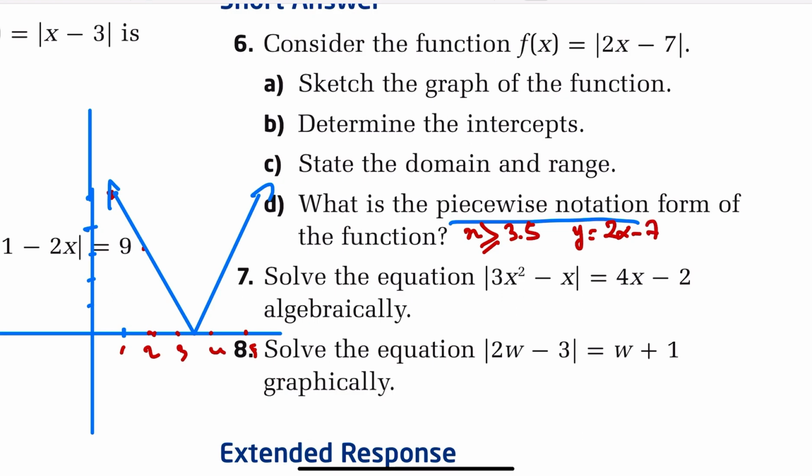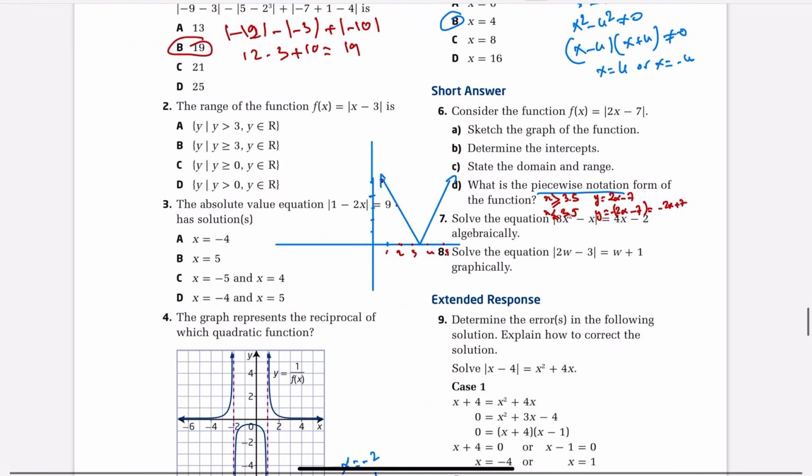And when x is less than 3.5, the value will be y is minus of 2x minus 7, which is minus 2x plus 7. Okay, so now